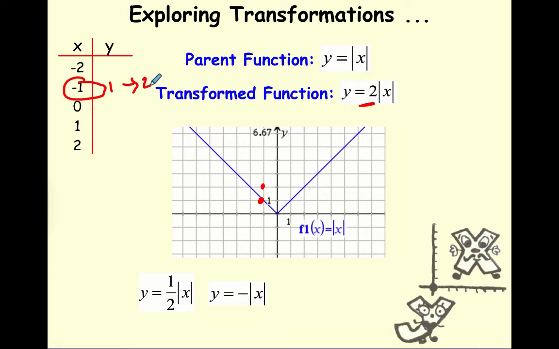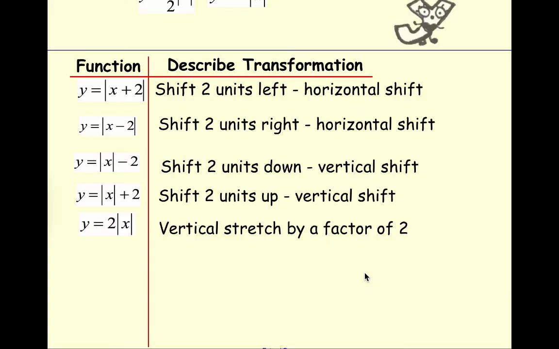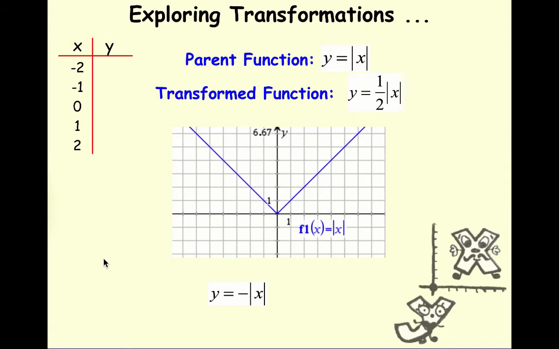And what happened is that the vertical distance from the x-axis has increased by a factor of 2. It's twice as far from the x-axis. And that's why we call this a vertical stretch. Specifically, we would say it's a vertical stretch by a factor of 2 because the points are becoming twice as far from the x-axis. So if we complete our table of values, pause and fill yours out,